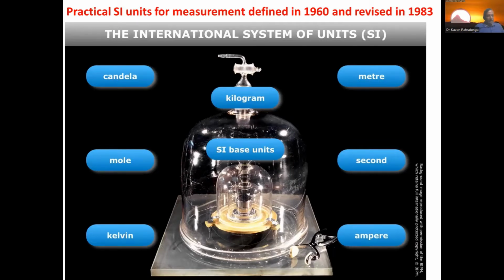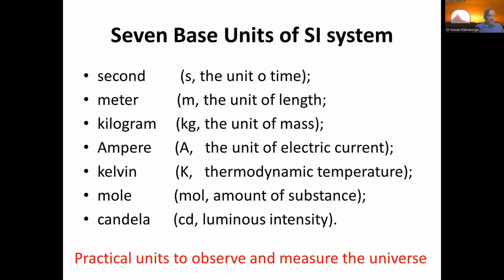I don't think many of you, and I have to admit I didn't know either, knew that these quantities, the second being the unit of time, the meter the unit of length, the kilogram the unit of mass, the ampere, Kelvin, mole, and the candela being a unit of luminosity,